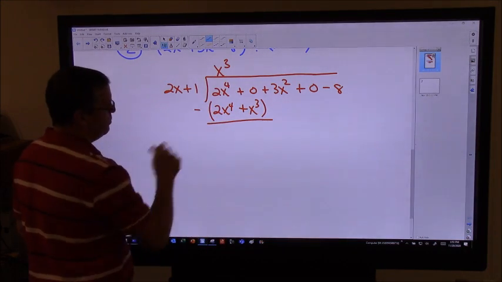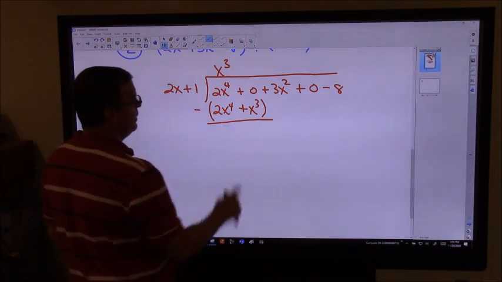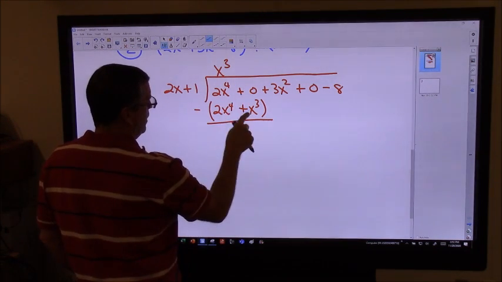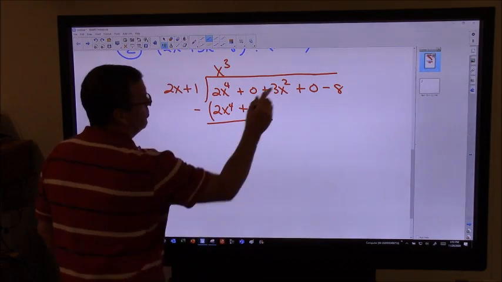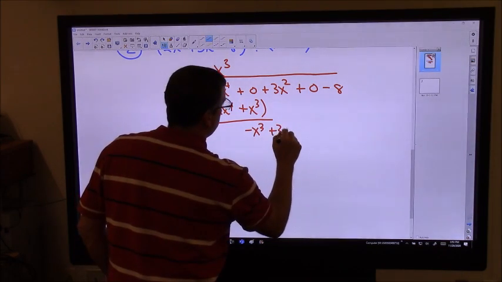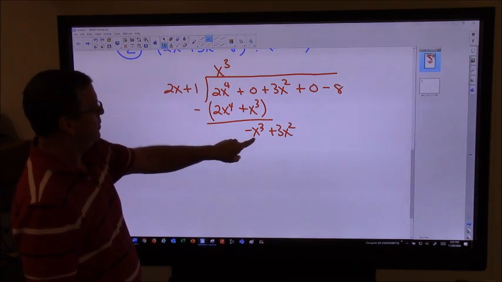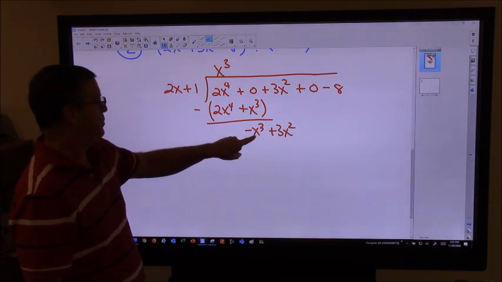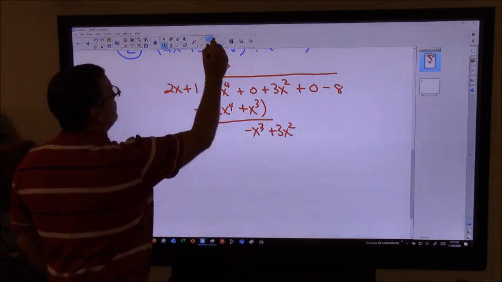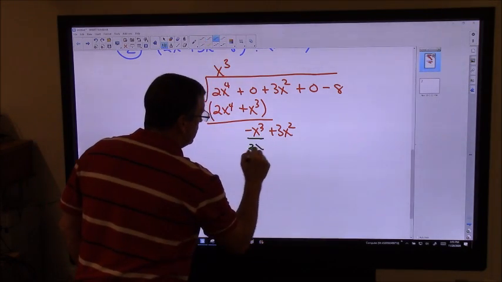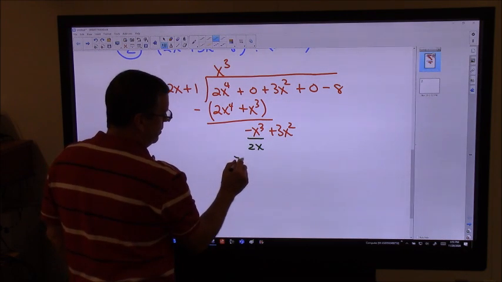That minus that equals 0. Always has to equal 0. If it doesn't, I did something wrong. And now this minus that would be a negative x cubed. Bring down the next term. Okay? 2x goes into here how many times? Oh, this is going to start to get messy. I'm dividing by 2x, so that x will cancel with one of these, but what I'm going to get is